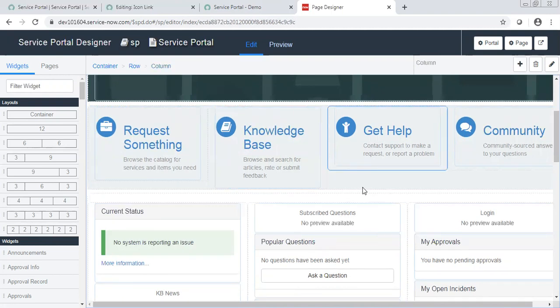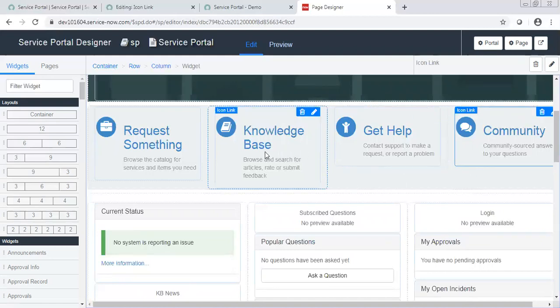So here, these are 4. Now if I need to put a fifth, then I need to put a fifth column here. So I cannot use this. What I will do, I will have to first put a new container on my page.